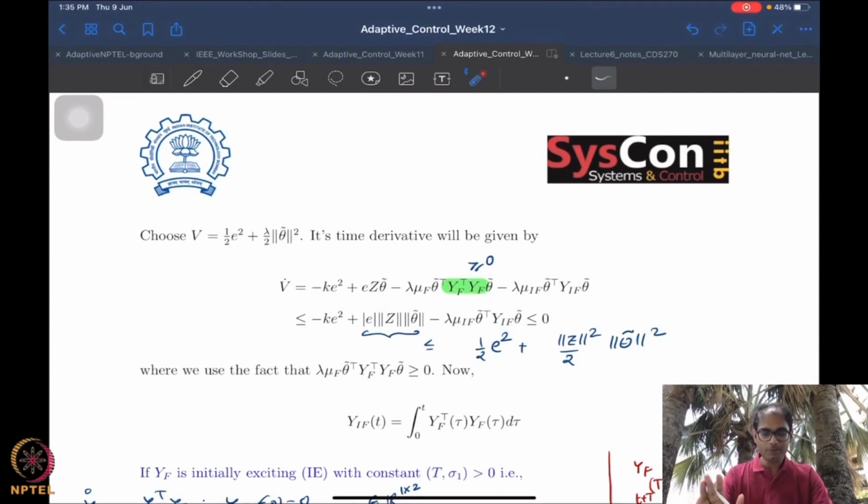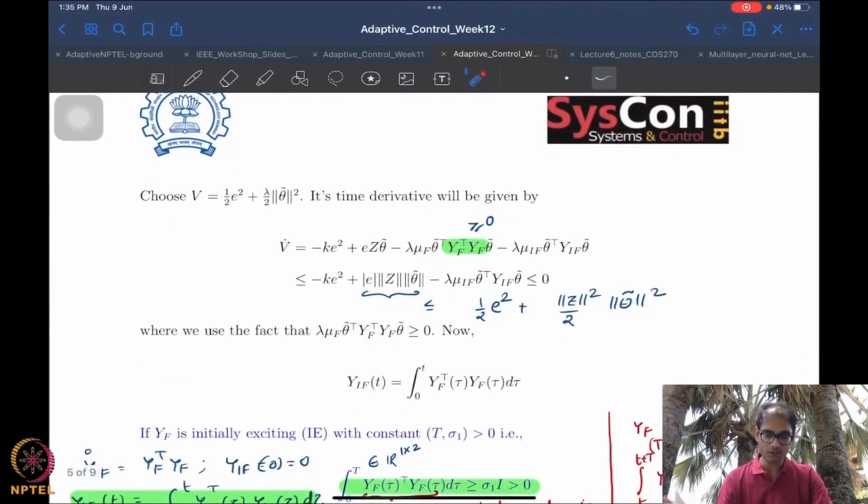Yeah, it's not super obvious. Okay, it's not super evident how to use this. Of course, if you retain this term also, you will still have a Y, again a semi-definite term. Again, it may have some connection to Z. So this may help you dominate this even in the absence of excitation, but it is not very evident how that would be possible. It is a little bit more of a complicated proposition.